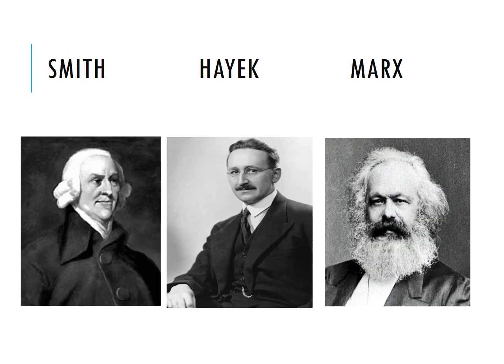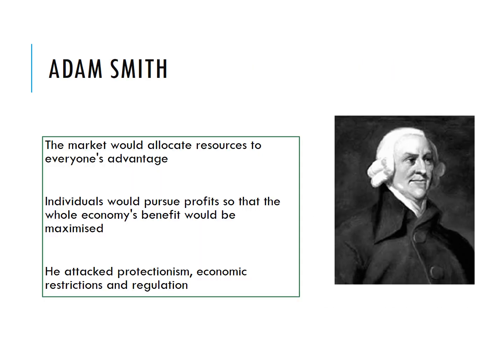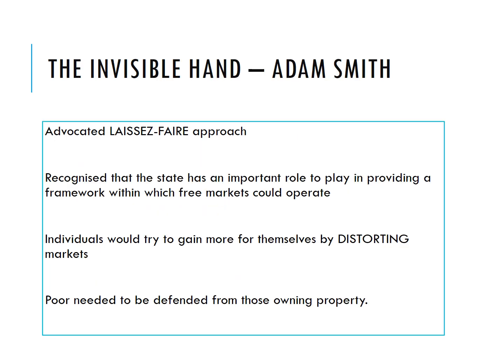Now, these different economic systems have been underpinned or argued for by certain economists. The first economist here is Adam Smith, and he certainly promoted a kind of free market approach. He said that everyone can be better off in a free market if they pursue their own self-interest, and what's good for yourself can be good for other people, and the incentive of a profit can help along those ways.